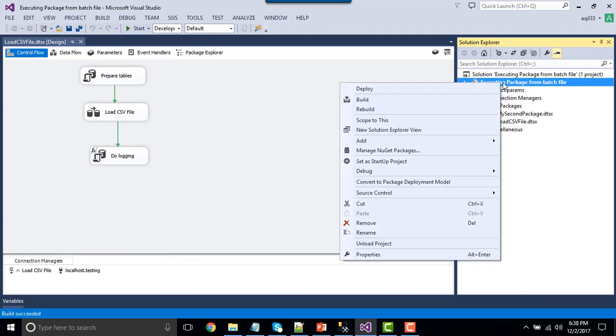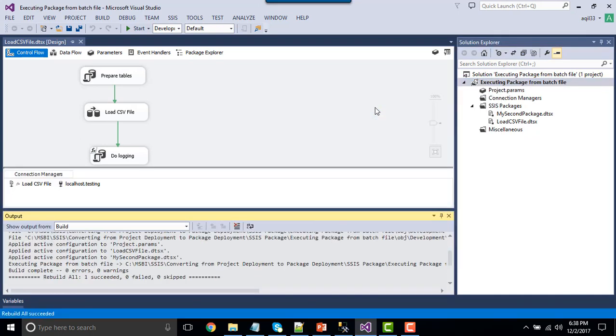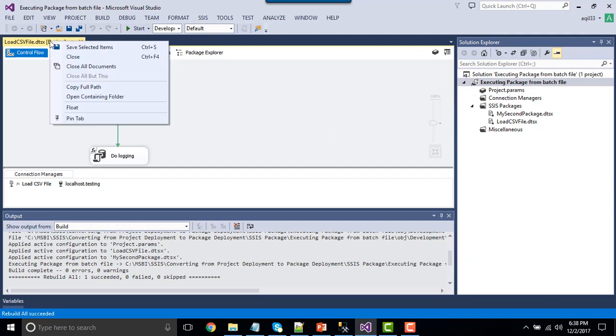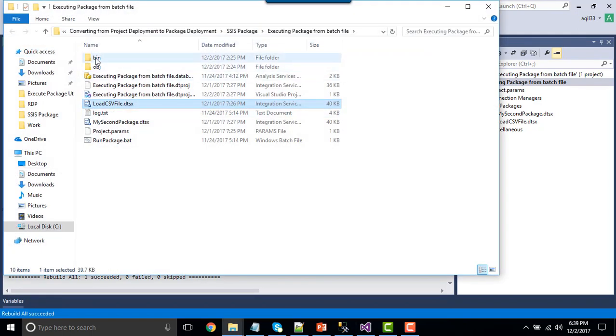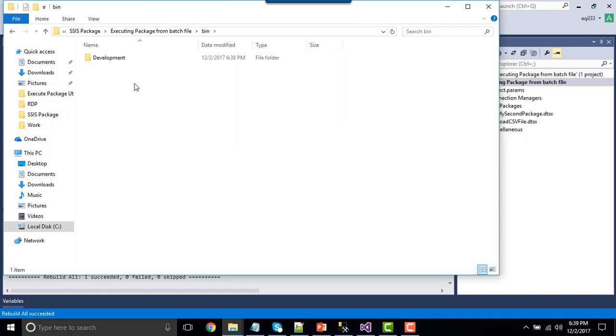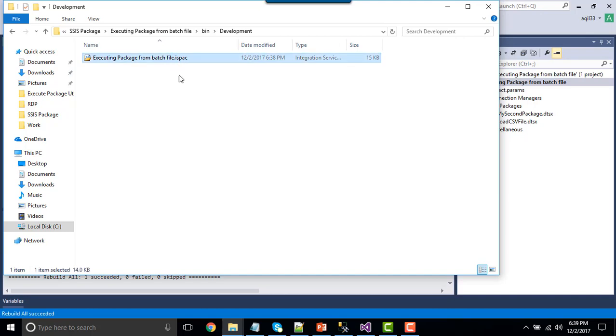Now you need to rebuild the project. Once you rebuild the project, you can simply click on open containing folder, go to the bin folder, and here you will see a folder named development, and inside the development folder you will find a .ispac file, which is basically a deployment file.